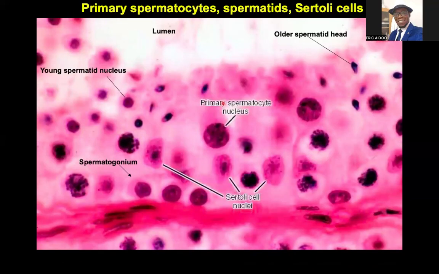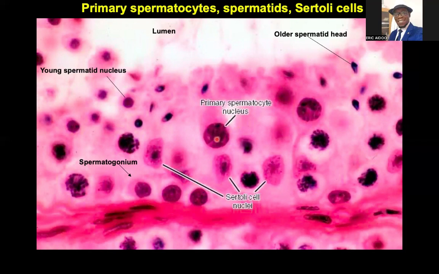So when we take just one of the tubules and go through it, this is what you are going to find. That's the boundary layer, which will contain those flattened or myoid cells. Then we are going to journey from the boundary all the way towards the lumen. You can see all these are cells, different cells at different stages, and they mature towards the lumen. So these are Sertoli cells. And then as you move deep, you have some of the